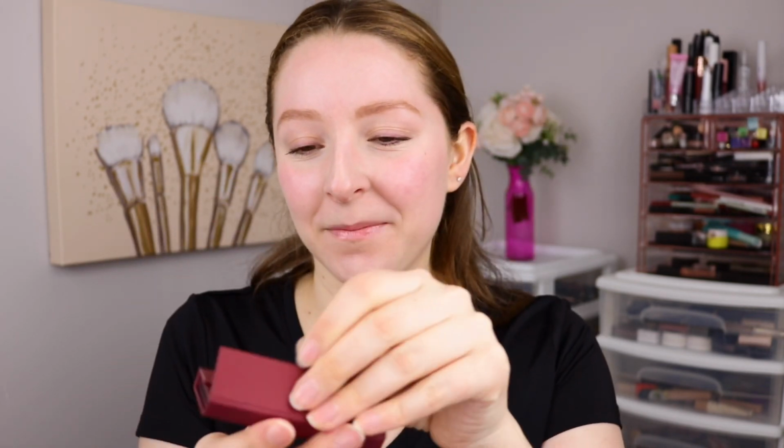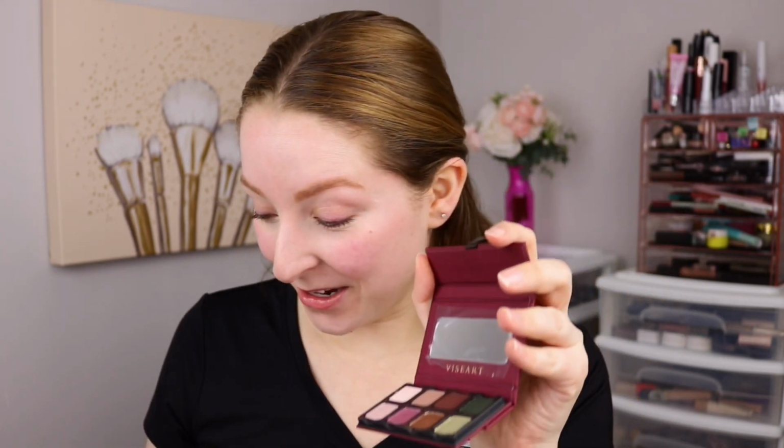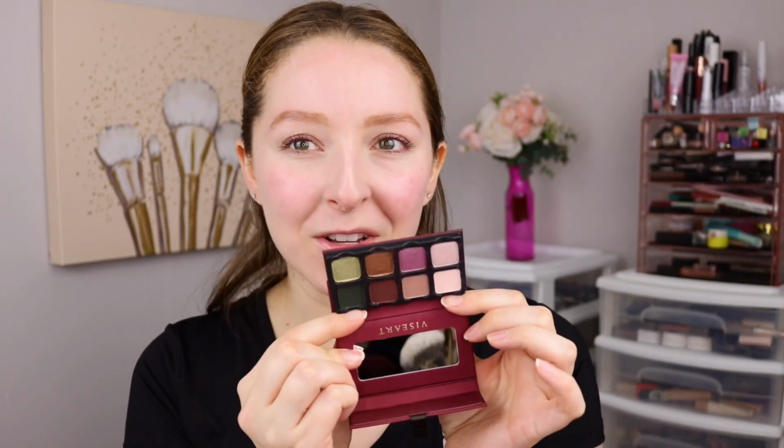It is really cute little packaging here, and it opens up with 8 different shades and a little mirror, which is cute. The top row here is all matte shades and then shimmer shades along the bottom. And I love that there's a mix of neutrals, but then some fun colors like this beautiful green and the purple. I gotta start out with some swatches, and I'm definitely gonna swatch those two beautiful pops of color,